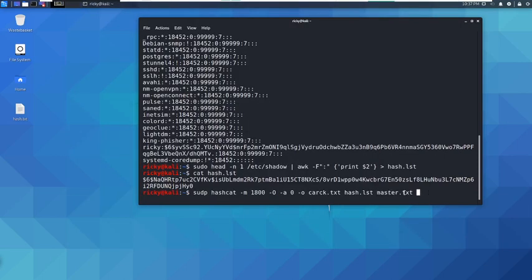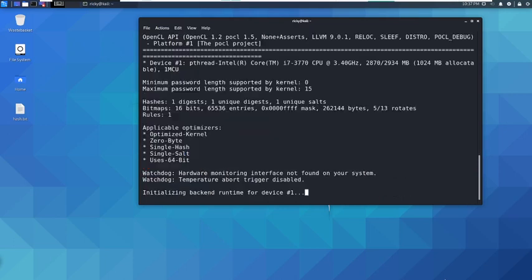So this is my master password list. I want to crack using this command. Sorry, there is a sudo here, I put the wrong one. Okay, sudo hashcat minus m 1800. Then I'm just pressing enter.